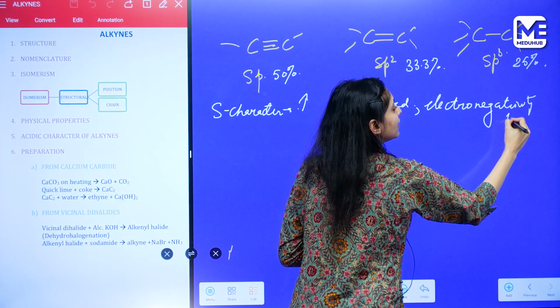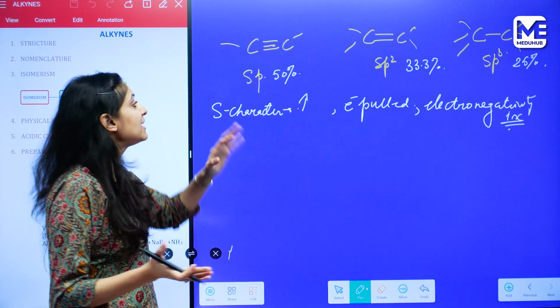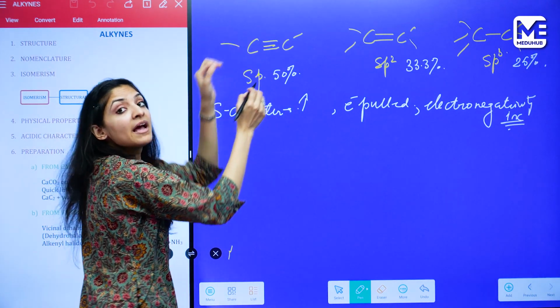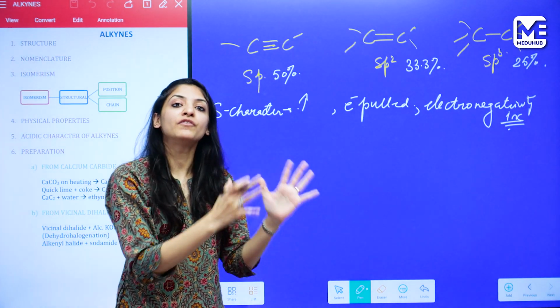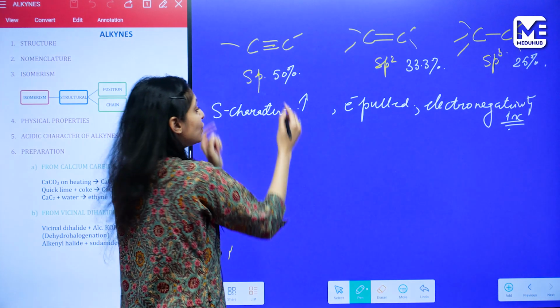Because the s character is the maximum in alkynes, the electronegativity of this carbon is the maximum, and it can pull the shared pair of electrons more towards itself, which makes the release of the proton